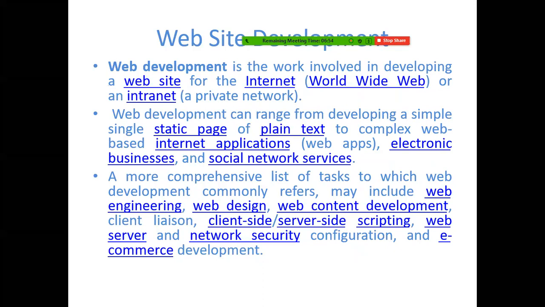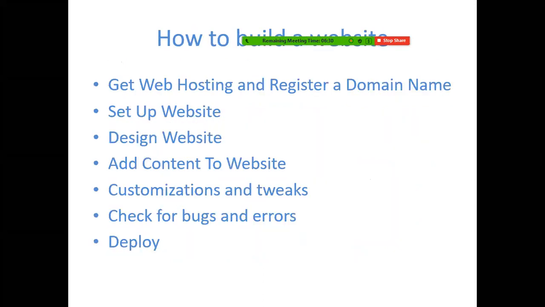Website development, web content development, what is a static page, what is a dynamic page, what is e-business, social network services, web engineering. Website development is also called web engineering. Then web content development, client licensing, client server scripting, web server, network security, e-commerce development, all those things. We're going to learn all these things. In the next class, we will see what the processes are. This is not something we're going to learn in the first unit. We're going to learn over a period of time in unit 2, unit 3, unit 4. But this is the process of